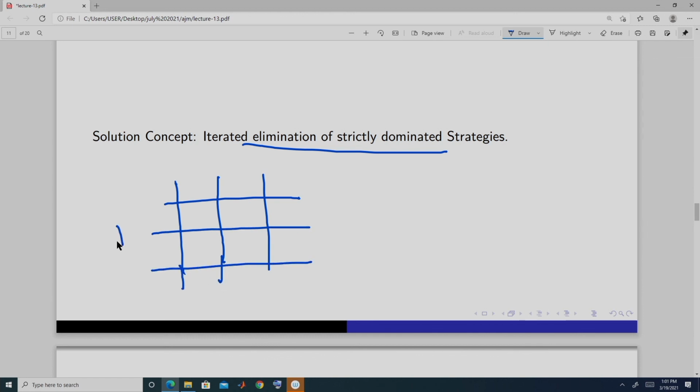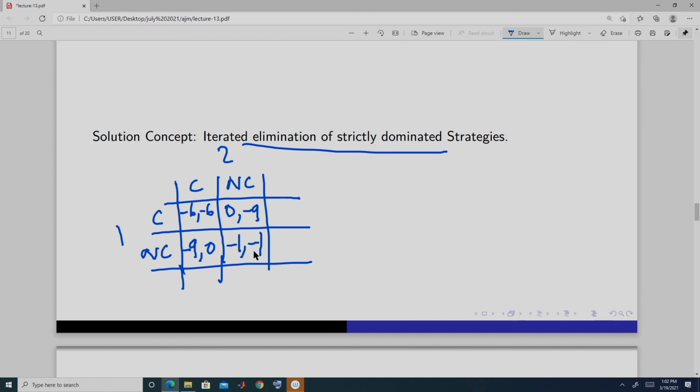So, player 1 can confess or not confess, and player 2 can confess or not confess. If both of them confess, payoffs are -6, -6. If player 1 confesses and player 2 does not confess, the payoffs are 0, -9. If player 1 does not confess and player 2 confesses, then it is -9, 0. If both the players do not confess,